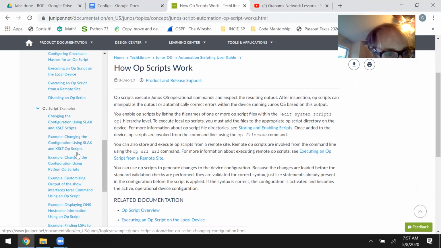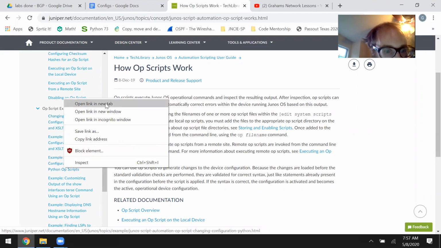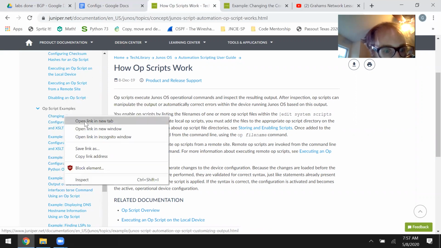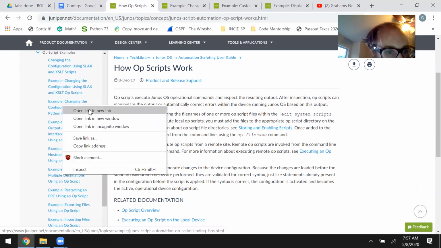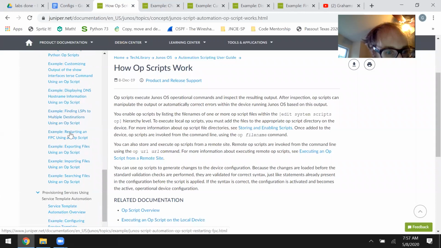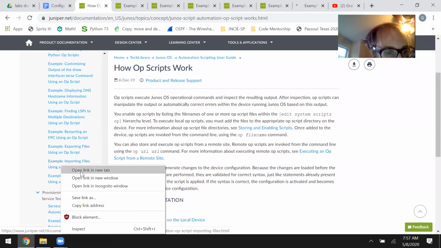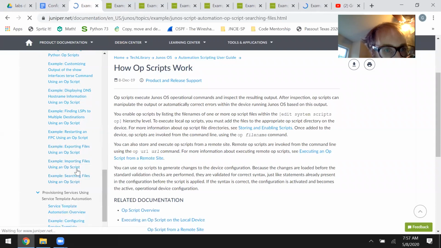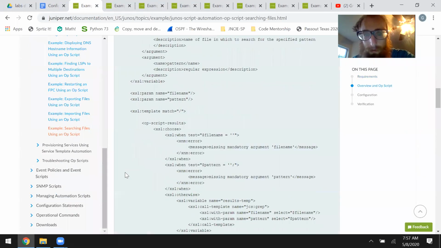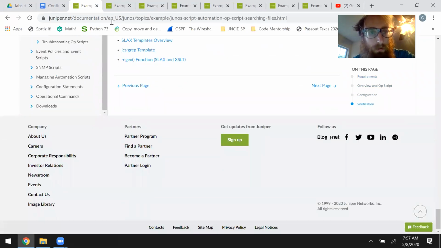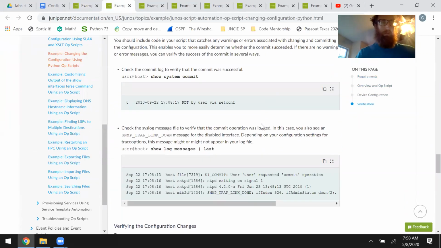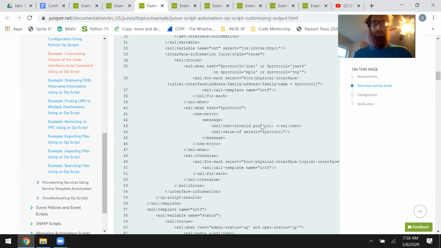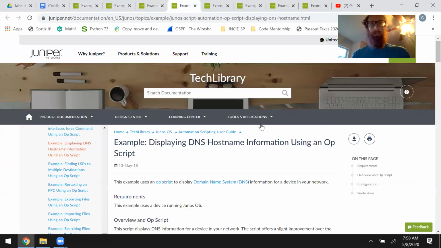So yeah, these are slacks. So maybe I'll just do all the examples and then go back and do the reference information if I can't make it through the example. Oh, and they're all examples, lots and lots of examples for OP scripts, and they're all pretty long, it looks like, too. So yeah, kind of a bit of a mountain to climb, and this is just for OP scripts. We got more, but